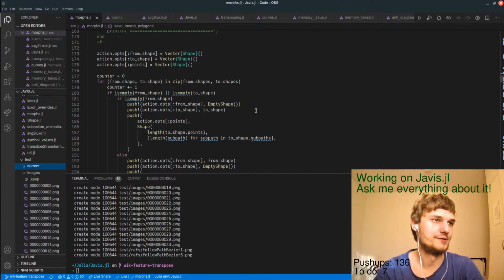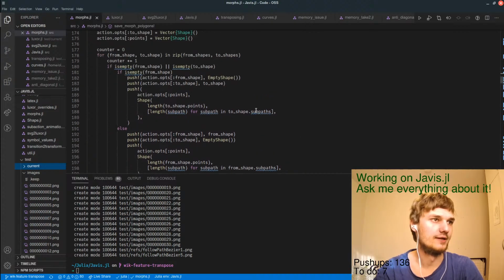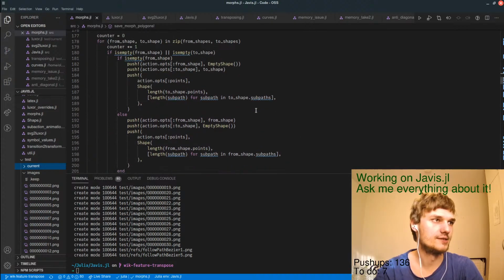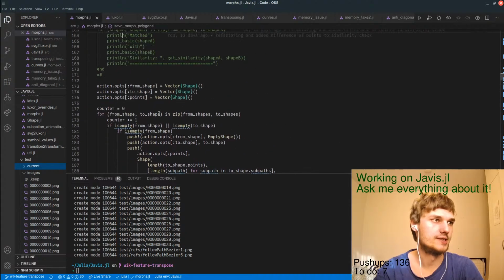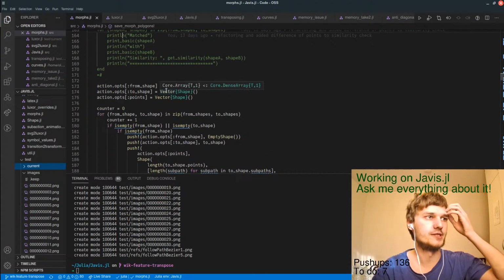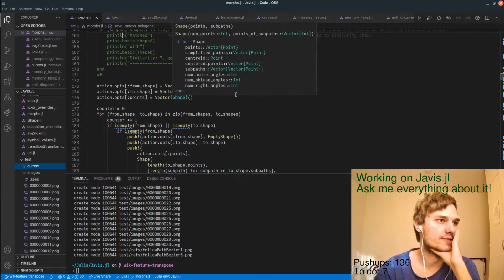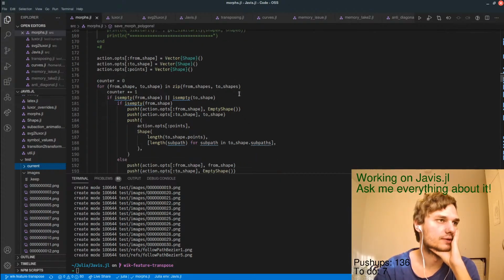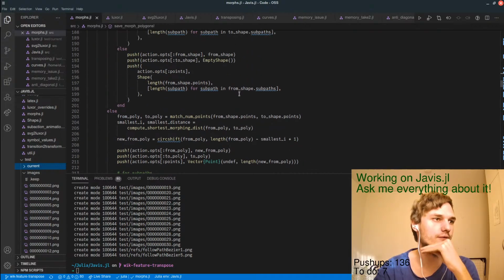I don't want to do that, so I want to do that a bit later. So basically, at this point, I still want to save everything from shape to shapes, and points is then a shape as well. So basically I have to write a match on num points for the whole shape.